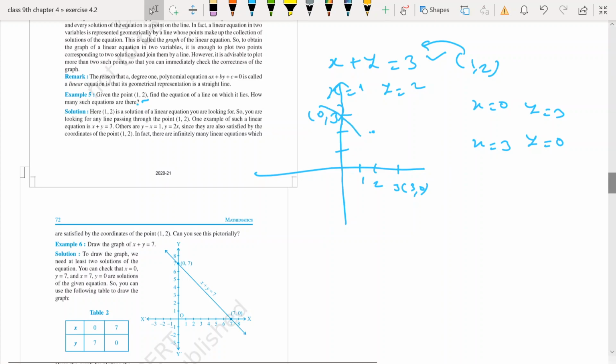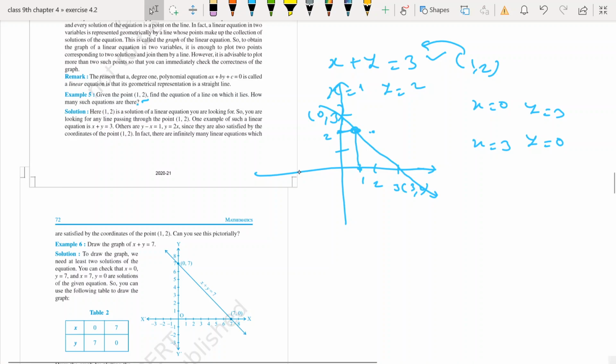And if we match, this is the line. And it is asking how many such equations there are, and our point is (1, 2). We take x equal to 1 and y equal to 2, and we draw this. And the question is asking how many such lines pass through this point